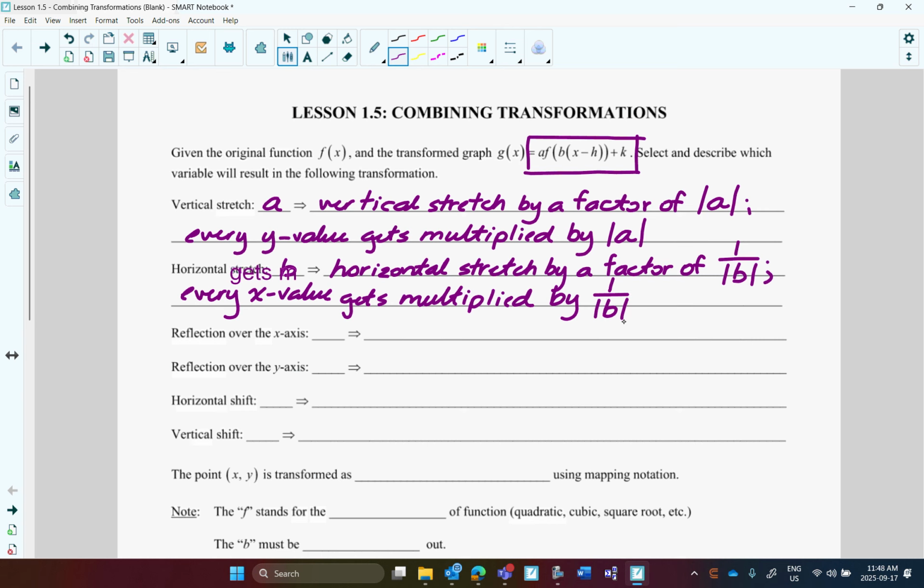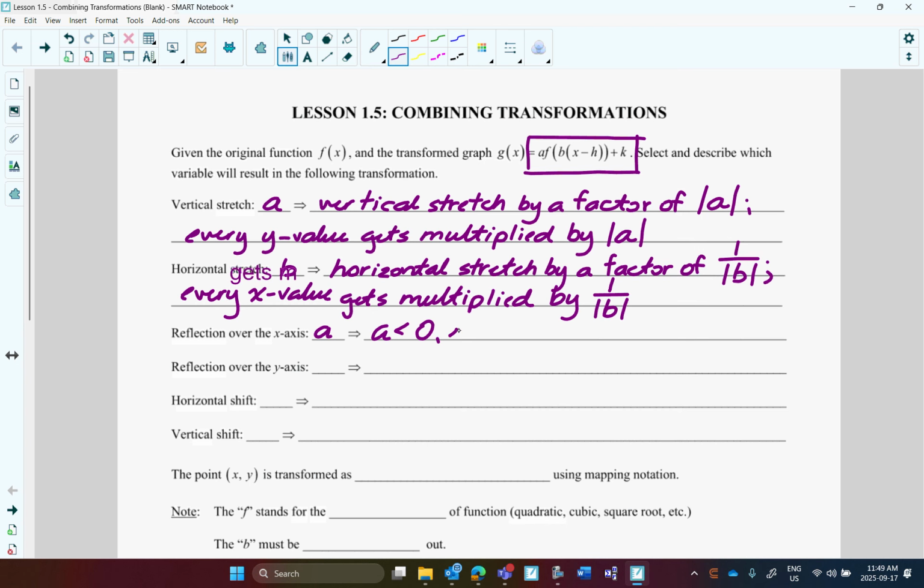A reflection over the x-axis is represented by which letter? Where would I find a vertical reflection, or vertical flip? Yeah, here at A again. So it's going to be at A again, and it's the sign of A. So if A is less than 0, A is negative,